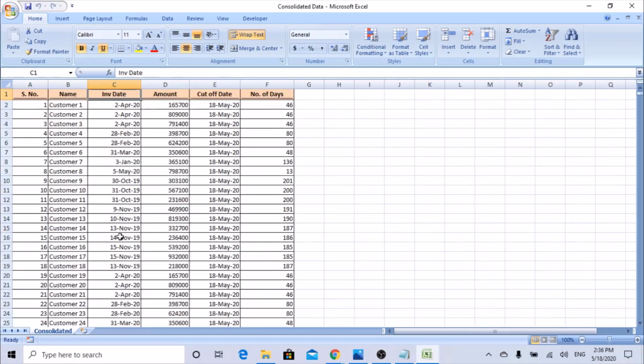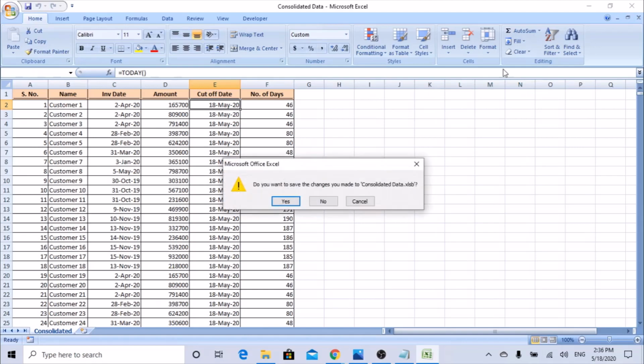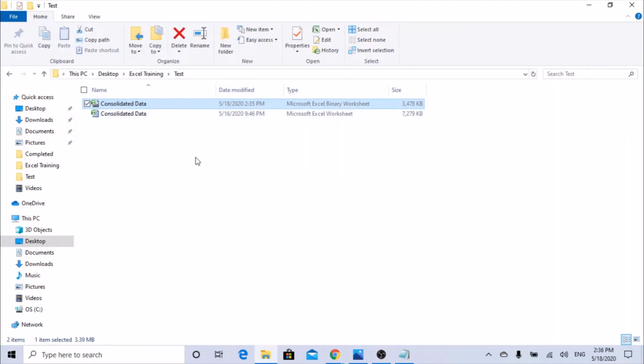And if you have any other formats, nothing is going to change. It will remain the same. Only the size of the file will be compressed, meaning it will be reduced, but data won't be compromised or manipulated. So no need to worry. So I'm just closing this file. See friends, so very simple. Just by changing a format, we can reduce the size of the file.